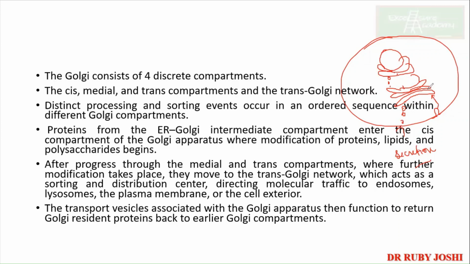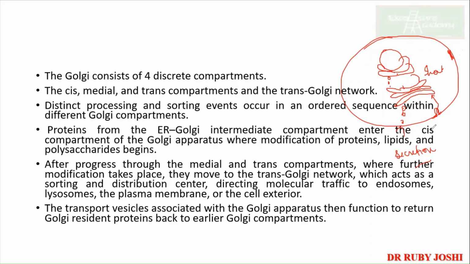Because they can be recycled and used. Yes, absolutely correct. Otherwise, what will happen if this continues? The Golgi trans region will become shortened, right? And the plasma membrane, for no reason, will become larger. The length will be more, correct? We don't want that to happen. So in order to recycle or reuse the membrane which was fused because of the Golgi, they take it back and go empty-handed. Most of the time, it is not empty-handed.